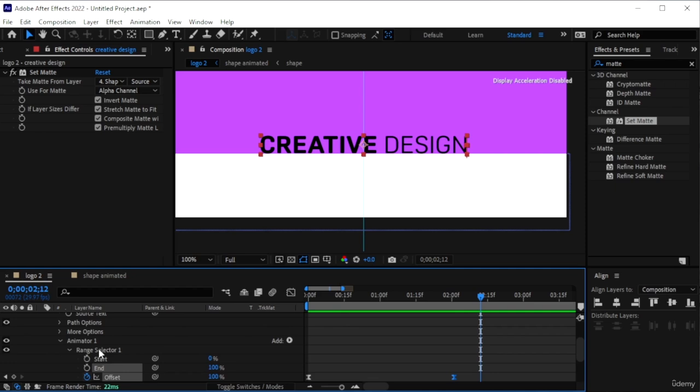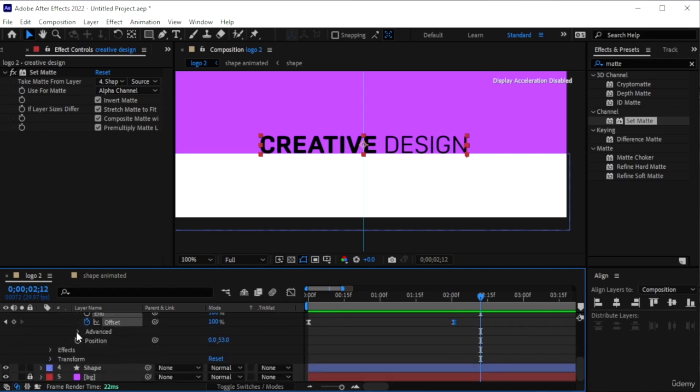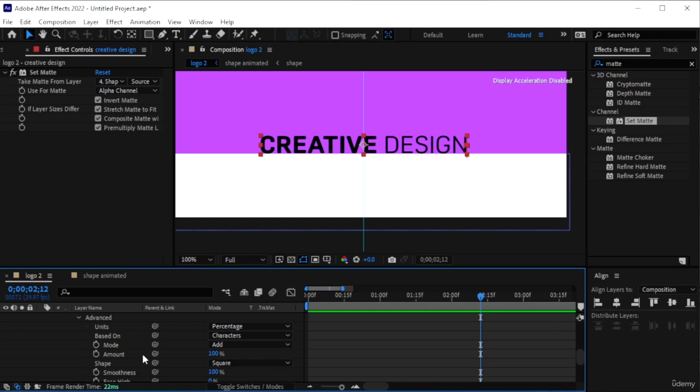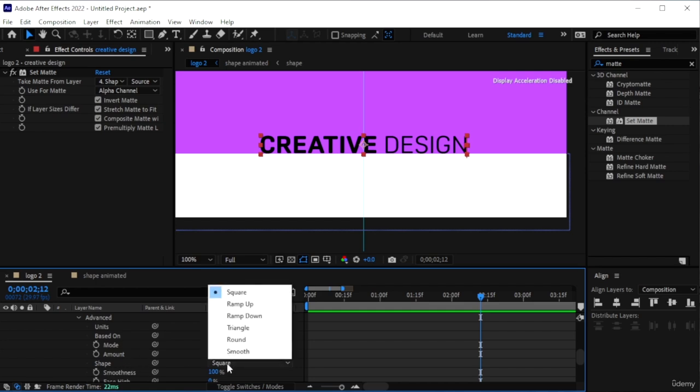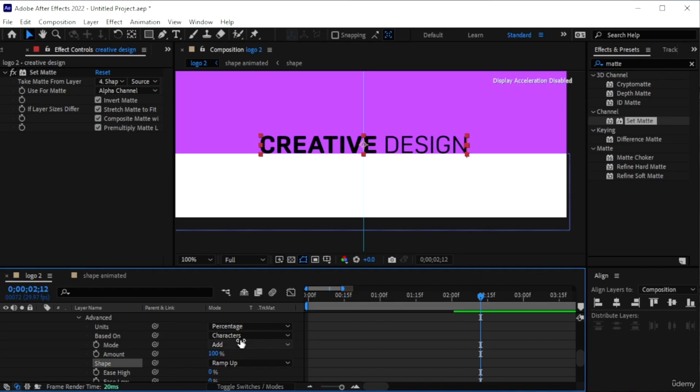We're still in the range selector under animator 1, and we're going to go in the advanced tab. We're going to change the shape into, instead of a square, ramp up. It's going to make things a lot smoother. And then again down here,